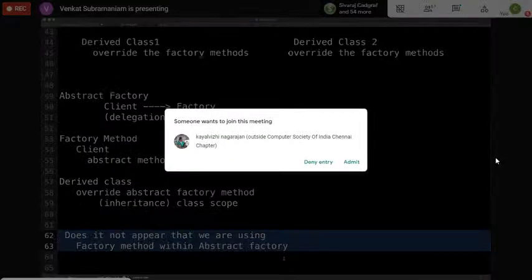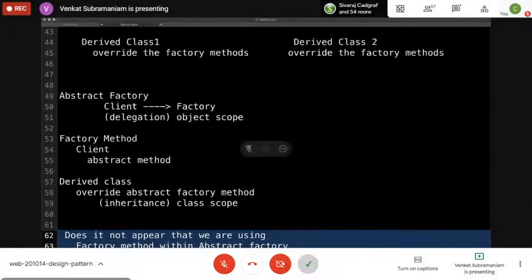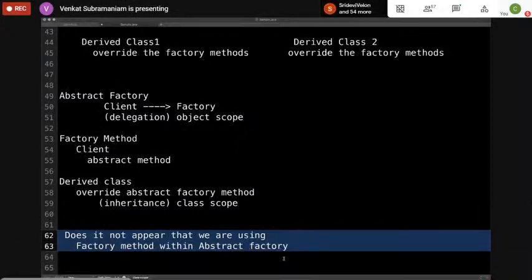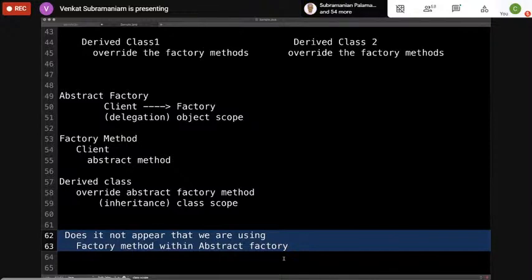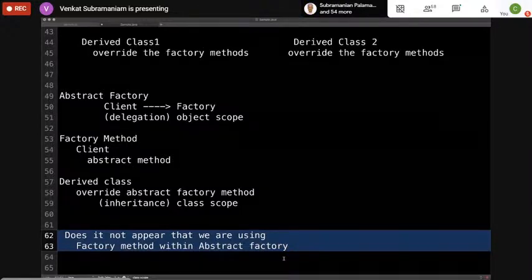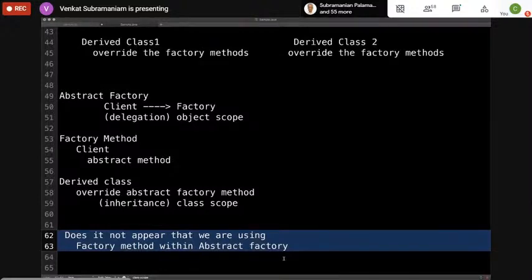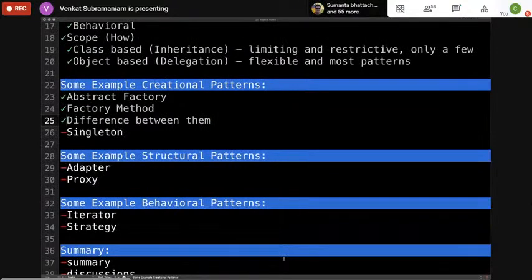The client is here, it talks to the abstract class here, but the derived factories decide what object to create. So this is abstract factory, but this is factory method. So factory method can be used without abstract factory, but abstract factory often is used with the factory method. This is where it gets a little tricky, right? Because patterns may be used with other patterns too in their solutions, and that's not unlikely. So that's basically about the abstract factory and factory method.